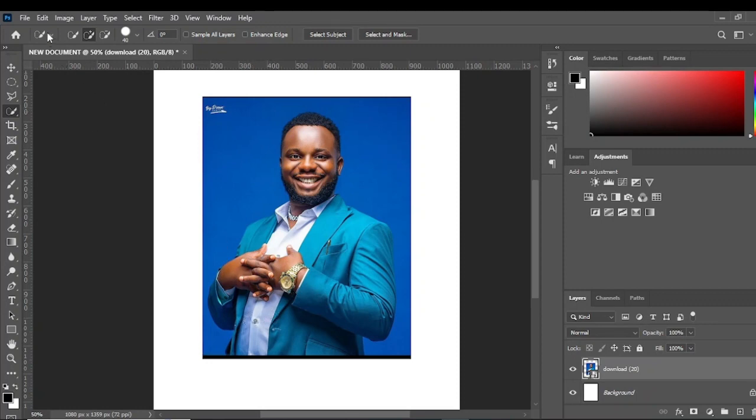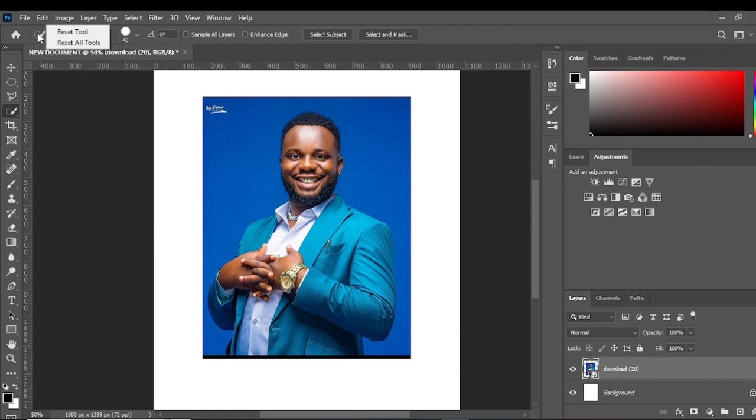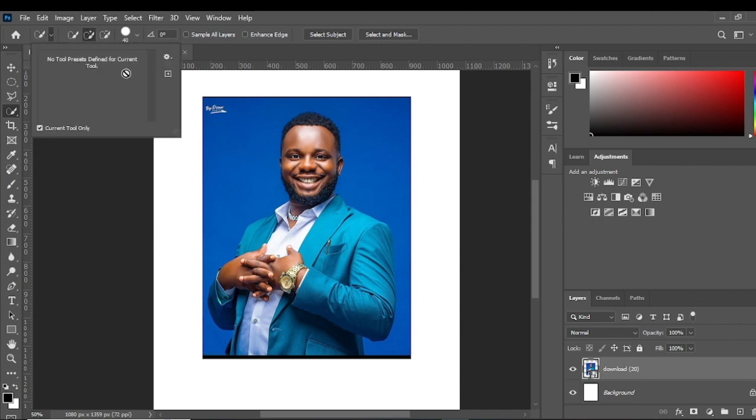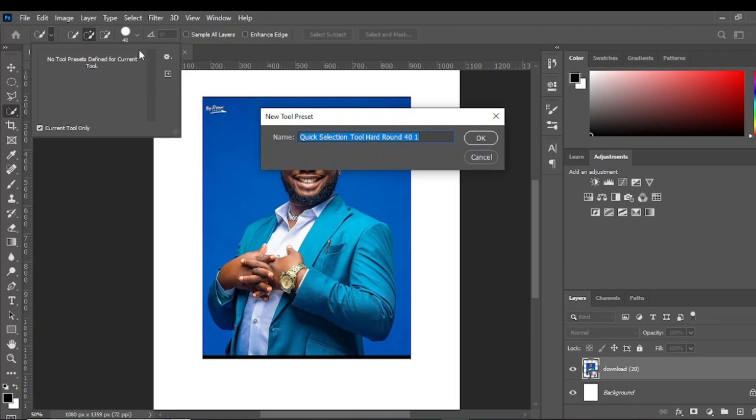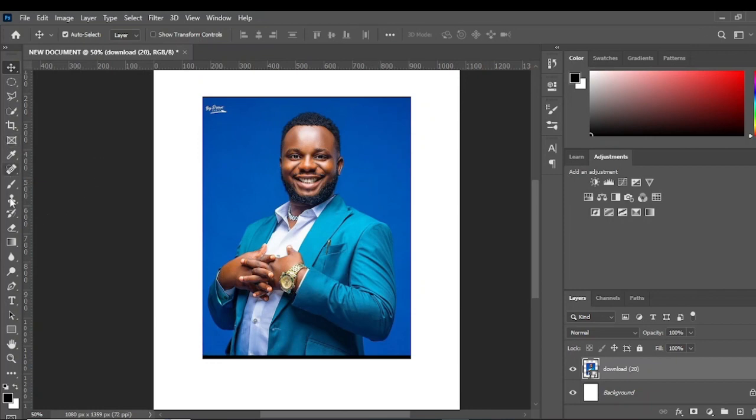So how do you reduce your circle? Come to this place, here, so you can actually reduce your circle from there. Oh no, not here, sorry. Make sure your quick selection tool has been selected. Then on your keyboard, hit your left